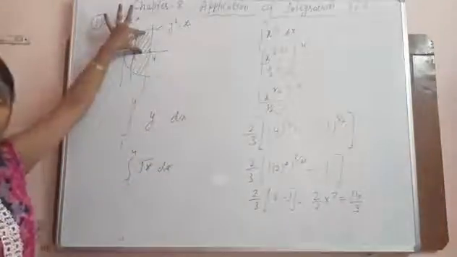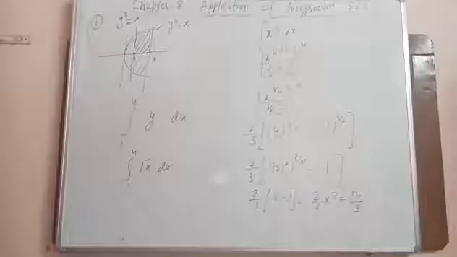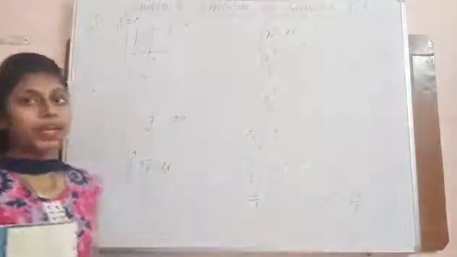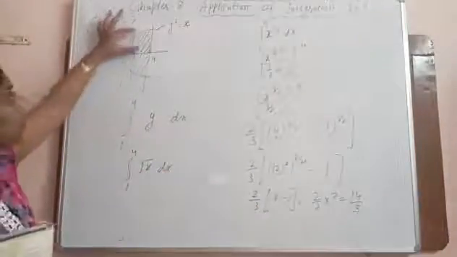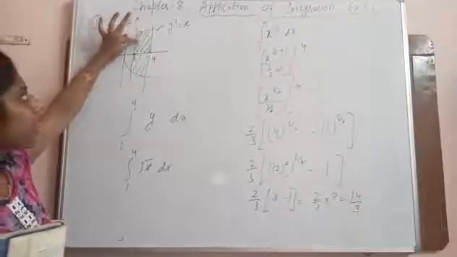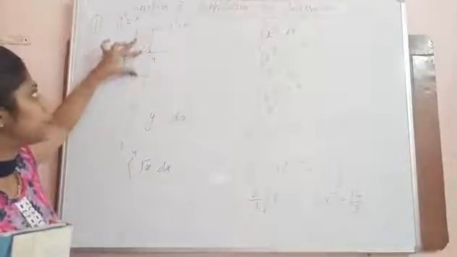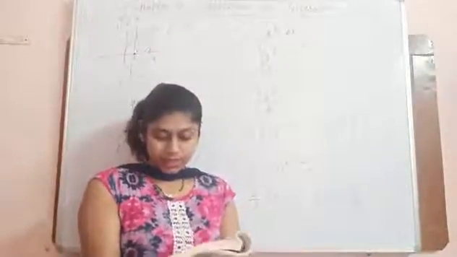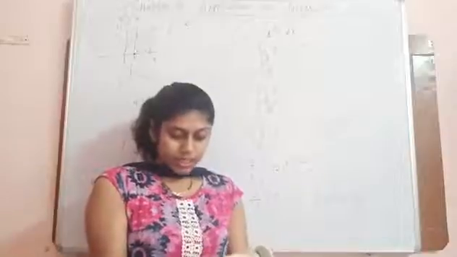This is the area of one part, but we have to find the area of complete. If you have to find the area of complete, multiply it by 2. But in this question, we have to find either this area or this area, because of this curve, lines and x-axis, either upward or downward. So this is your complete answer, 14 upon 3. Clear?